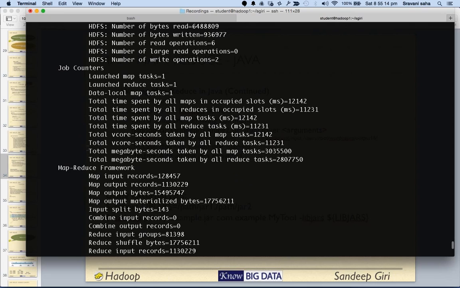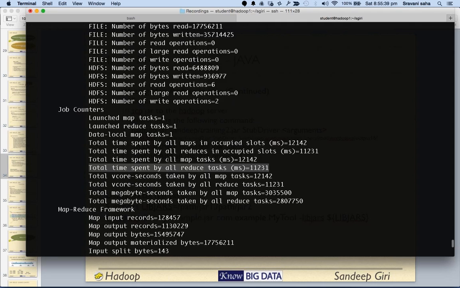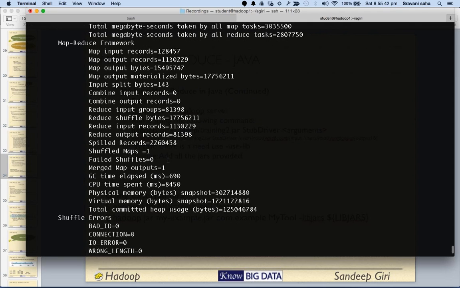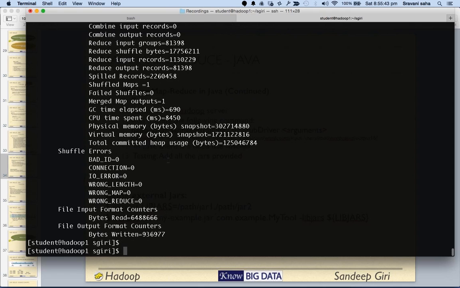Okay. Here, in case the time spent by all reduce tasks is very huge, then what you should do is increase the number of reduces. If you increase the number of reduces, the time spent by reduce tasks will become lesser, but the total IOs, if you go down a little bit,